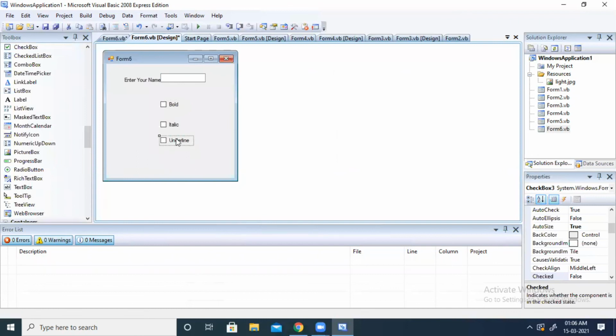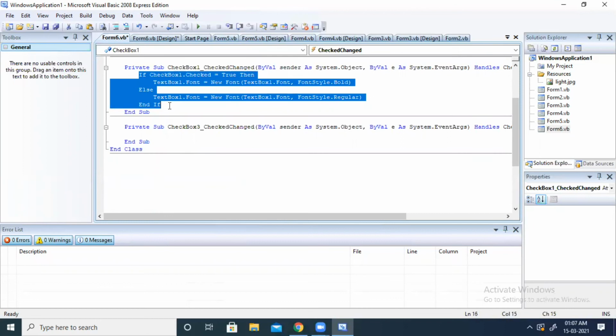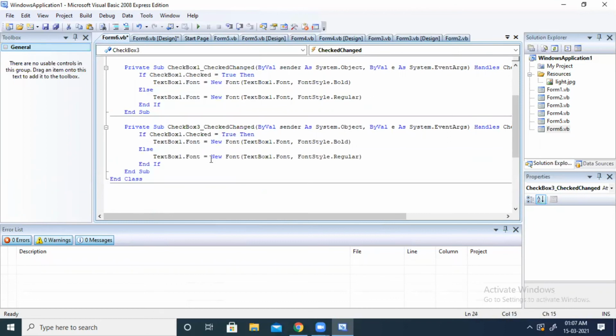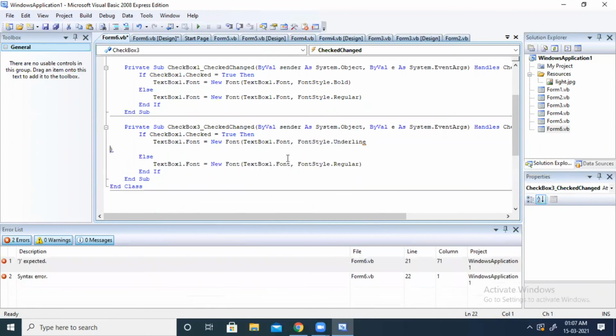Then for this, same thing only we are going to copy. But here we are going to type underline and regular. All other things remain same. Okay.